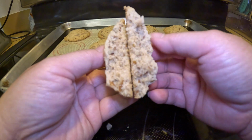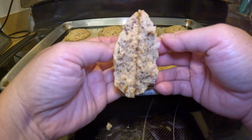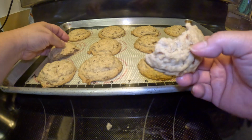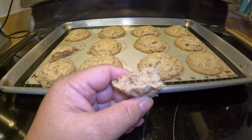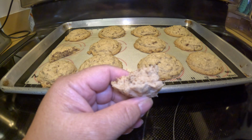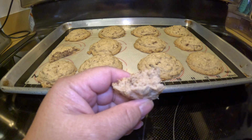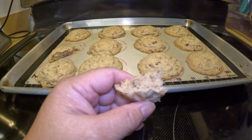Look at all those nuts. These look great. Let's see what they taste like. Mmm. So light and crispy. And definitely,